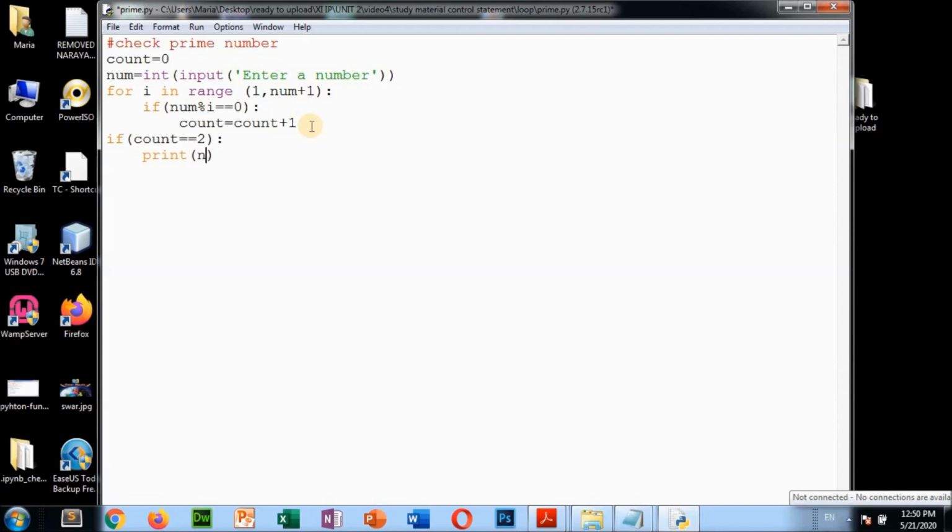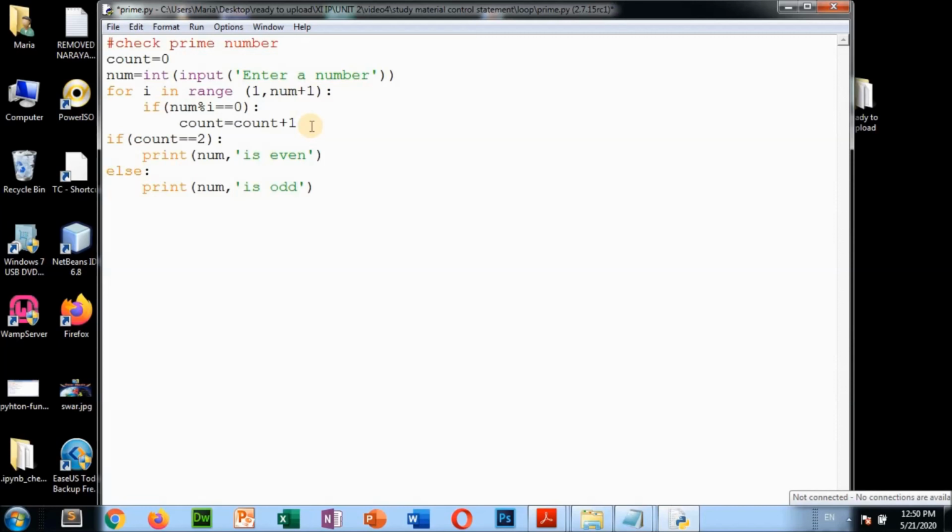That means num comma, inside the bracket, is even. Num is even here. Else print num is odd. The number that you have entered is odd.